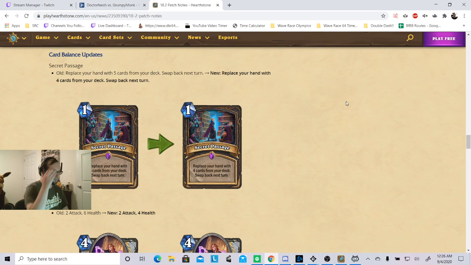And I think that Secret Passage does play in that, but it's just an issue. For 1 mana, you get a decent sized hand. You get half a full hand to play with. And so the change is, instead of 5 cards, you get 4 cards. I like that they're doing it in small doses, but I think this card is going to need another change